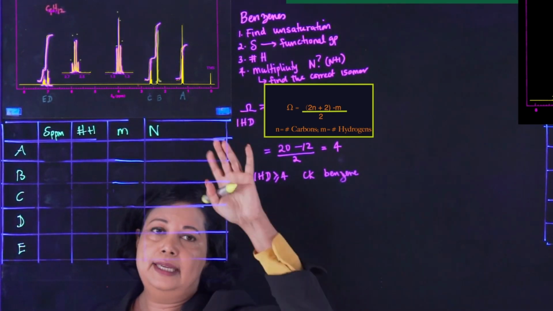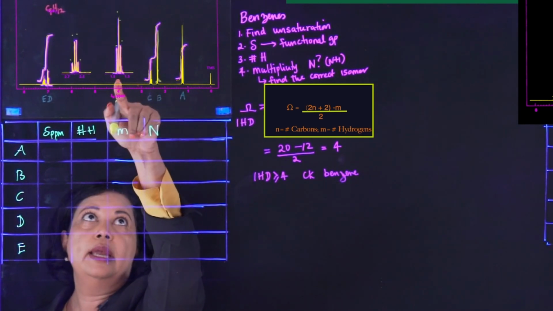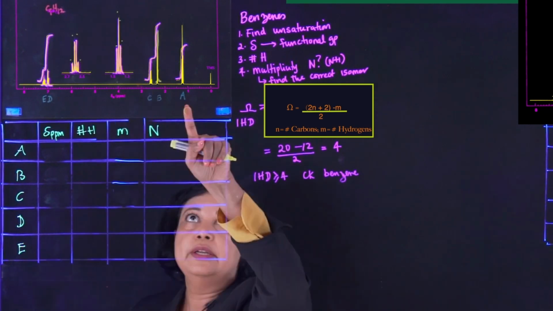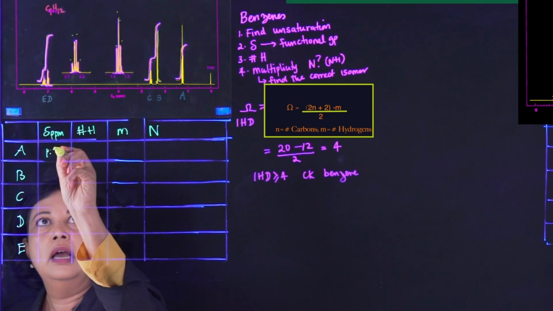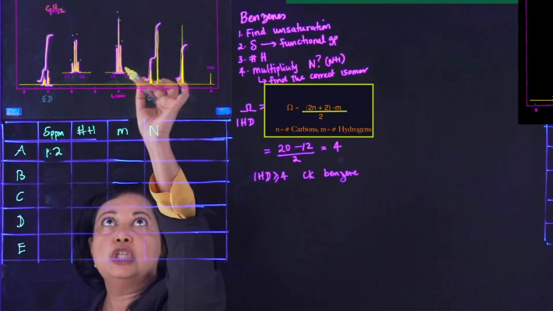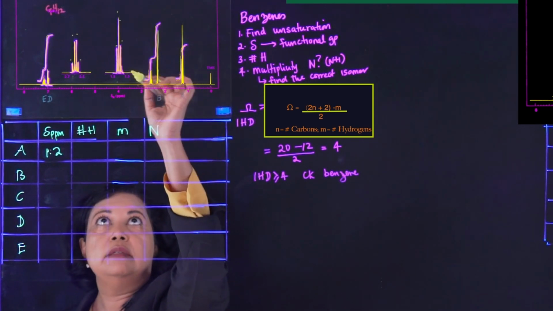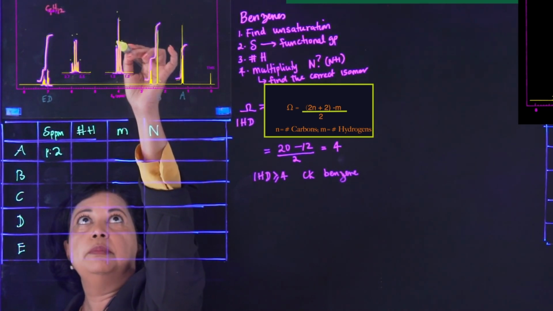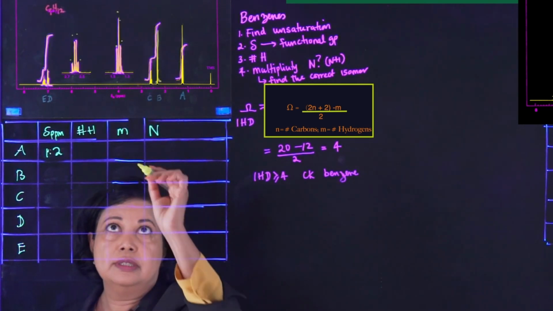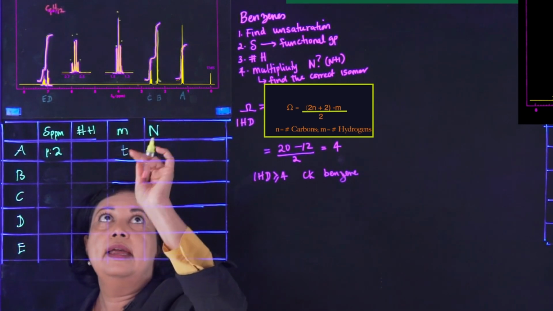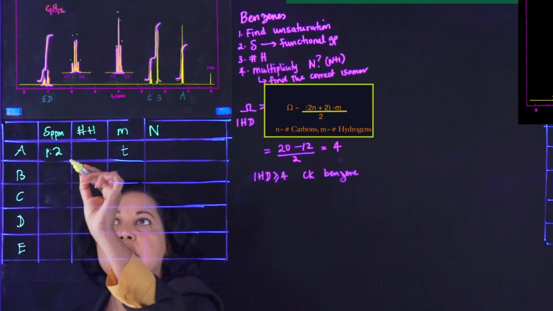All right, so let's see. Let's tabulate the data just like we've done before, which makes it simpler. A, and this is your A that's blown up here. And your A is at 1.2. And this is actually blown up here, and it is, as you can see, a very symmetric triplet. How do we know it's a triplet? Because we see 3 mountain peaks, and it's quite symmetric, so that's a triplet. And the next one is B, which is just a singlet. As you can see, there's no splitting,